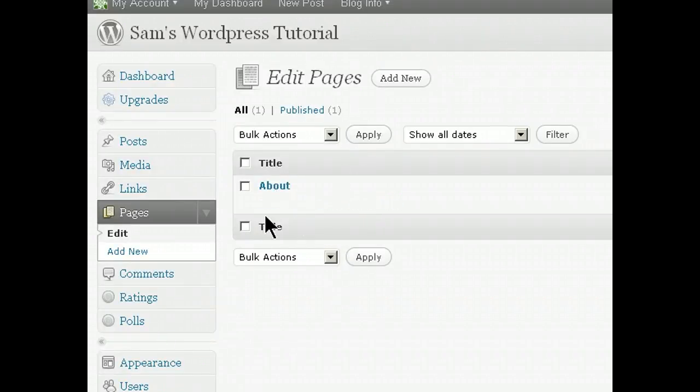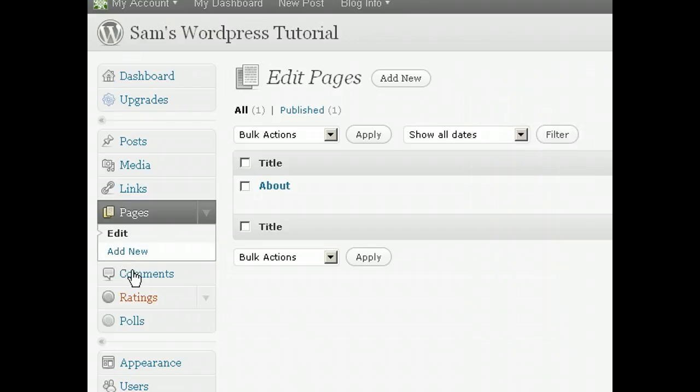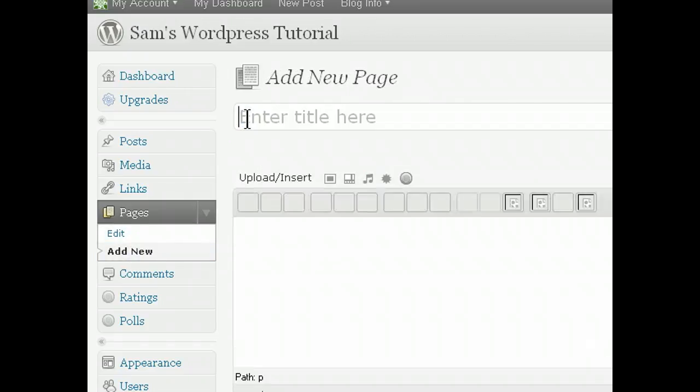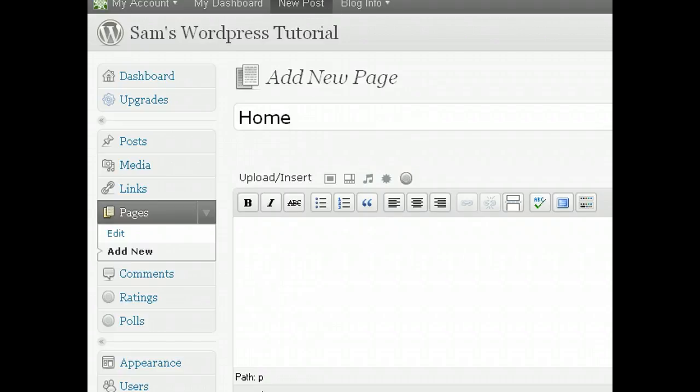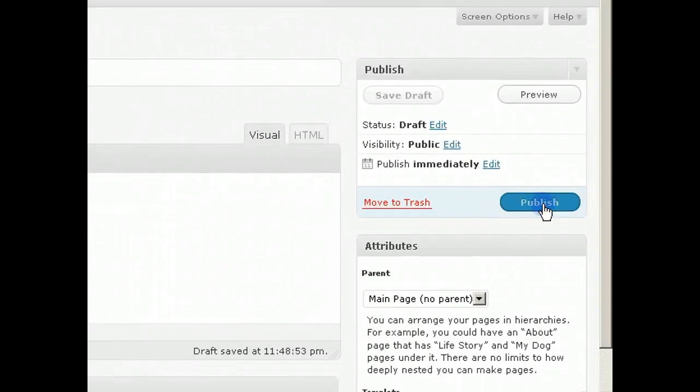So, how do we create them? Well, you go down here, just get rid of that, go down here and it's add new. So I'm going to add new page, and I'm going to call it home, and then I'm going across here to this side of the website where it says publish. I'm going to publish that,